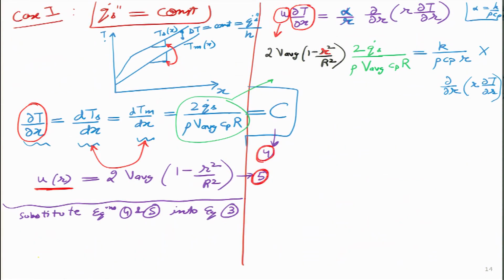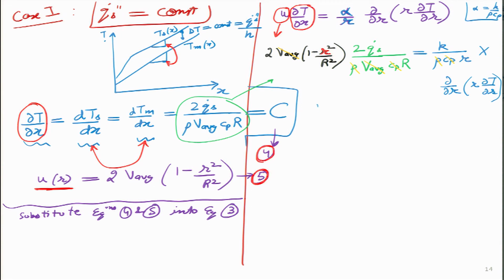Okay. Now, a very good thing we will get over here: many terms will get cancelled. We can see immediately V average cancels out with the V average, right. This rho cancels out with rho, Cp cancels out with Cp. What is it that is remaining? Let us quickly collect the terms which are remaining.